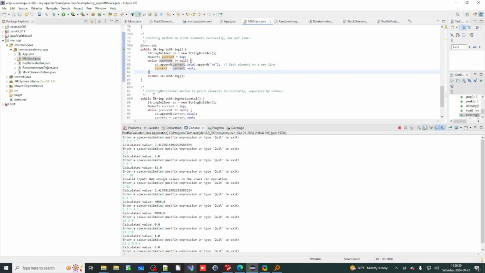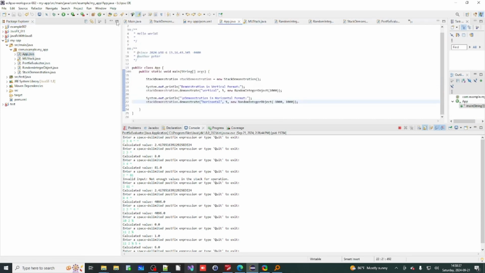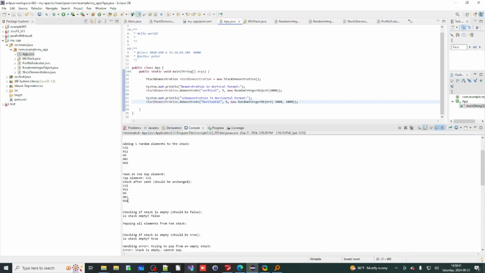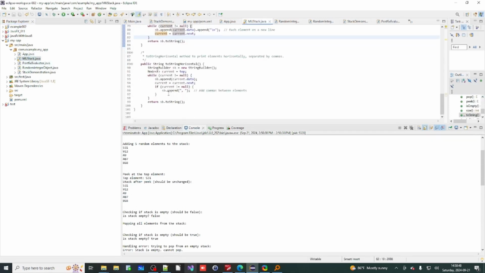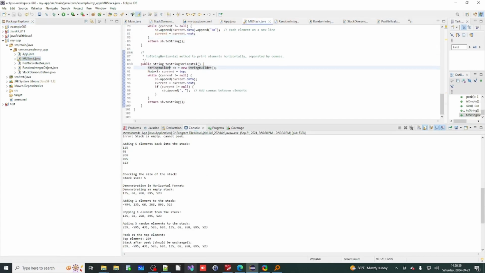to show the stack. And you'll see that in a minute. I guess I can just run App.java. Like this is the vertical stack toString method. It's the default, and then the horizontal stack method will display them like this. So like if you're stacking plates,